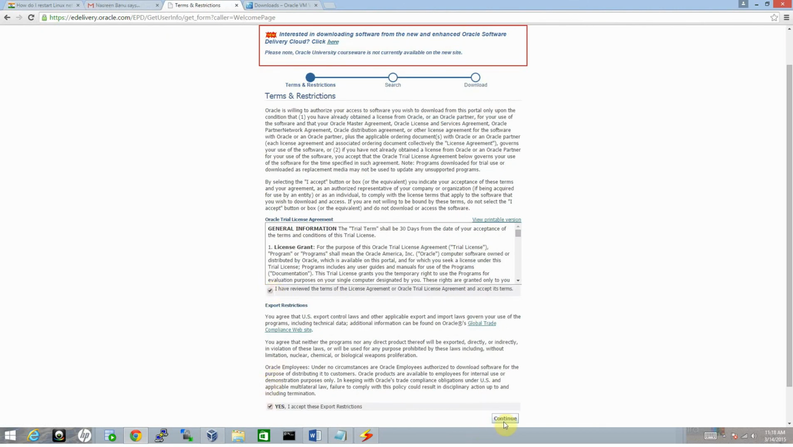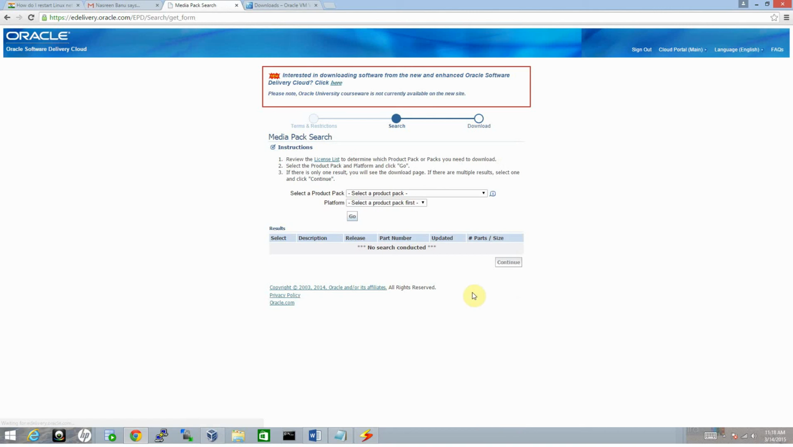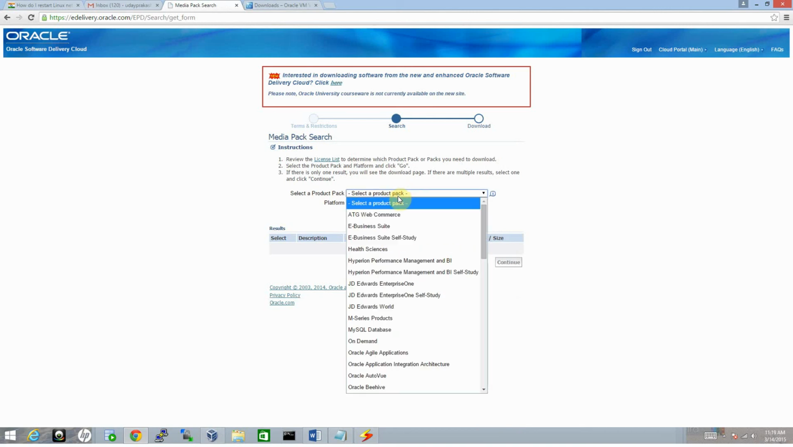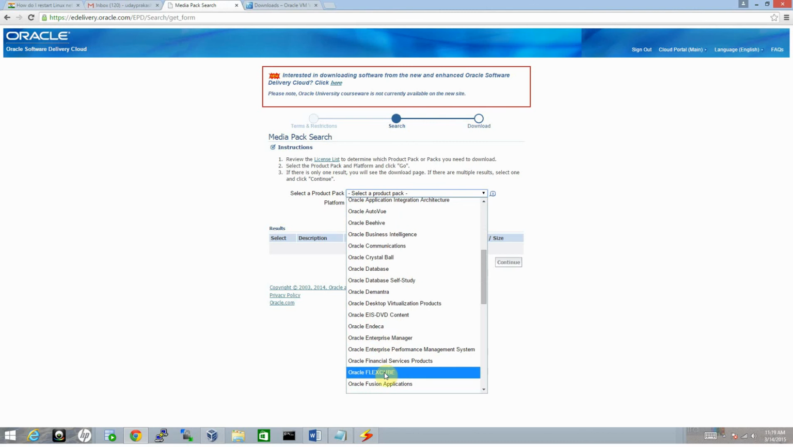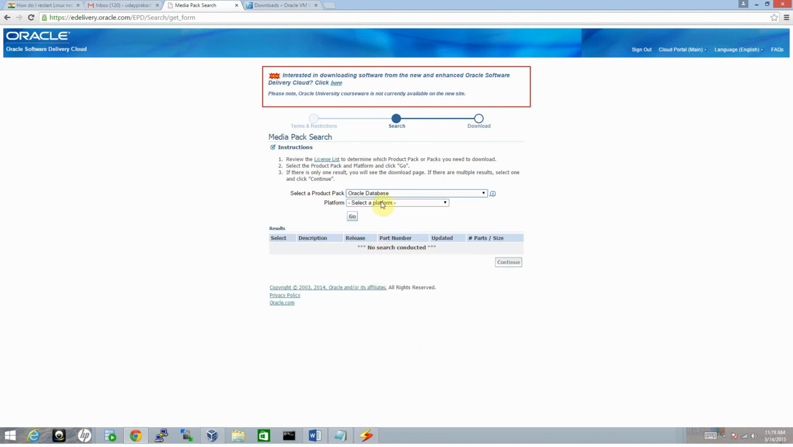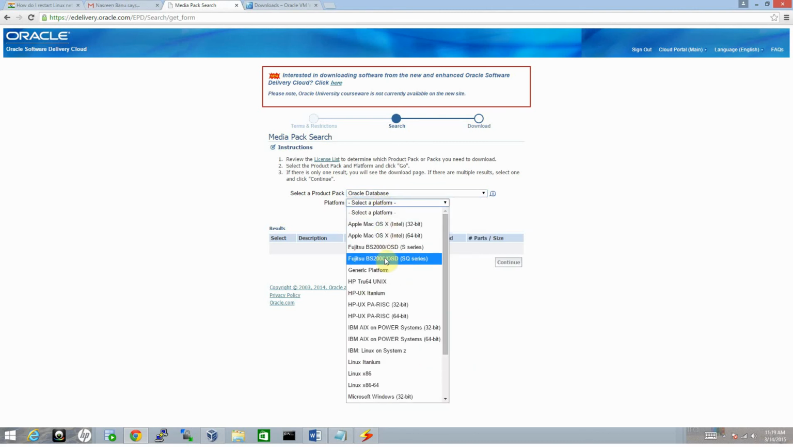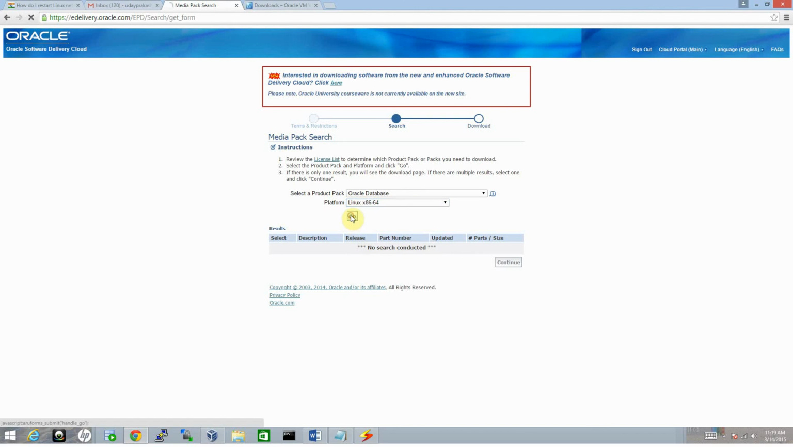Click on the export agreement, continue, and now from this product pack select Oracle Database. Somewhere here, yeah, and you are going to install your Oracle 12c database on Linux 64-bit. So you need to select Linux x86 64. Click on go,